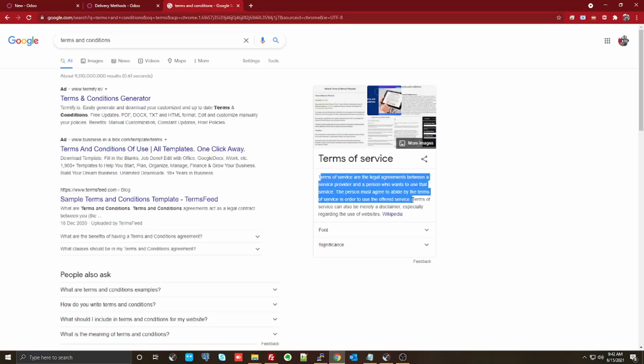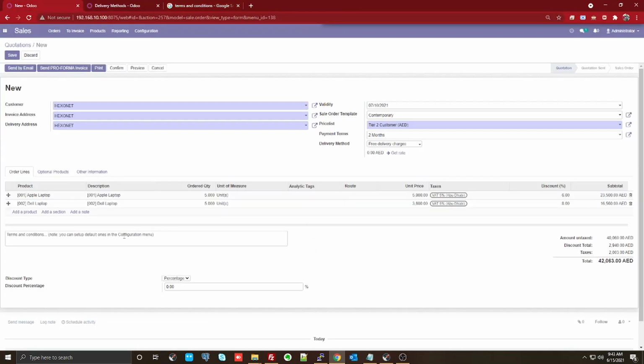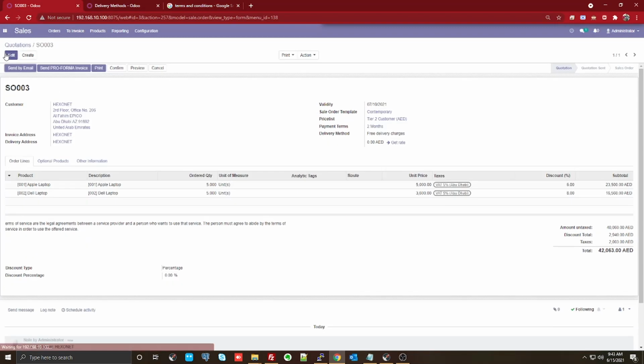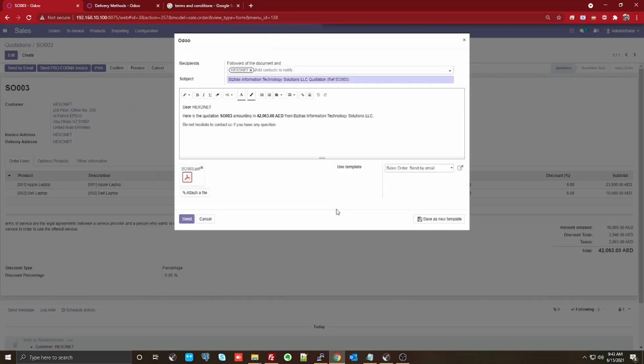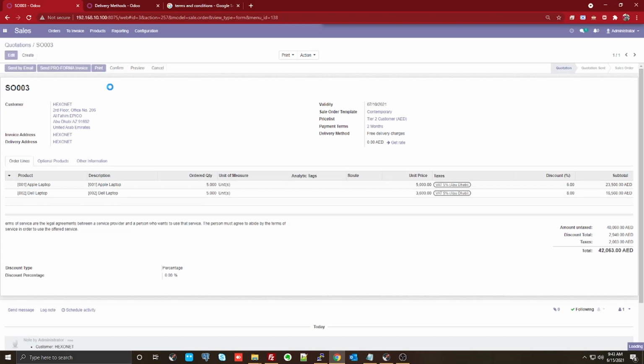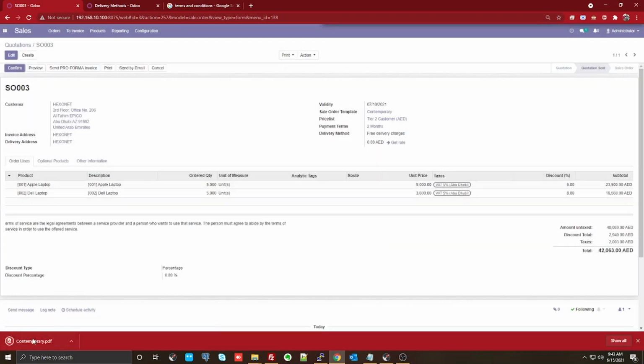Not going to spend too much time there. There you go. I can push this one here and I can save it, and basically I've created my quotation here. So as a next step, I can send this quotation by email, or I could actually print this quotation. And when you click on send quotation, it will take the email address. You can have a predefined message, or you can print this quotation from the system.